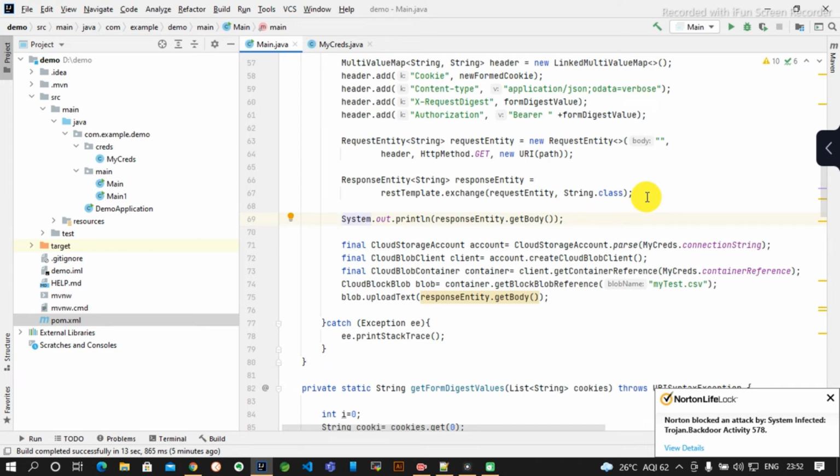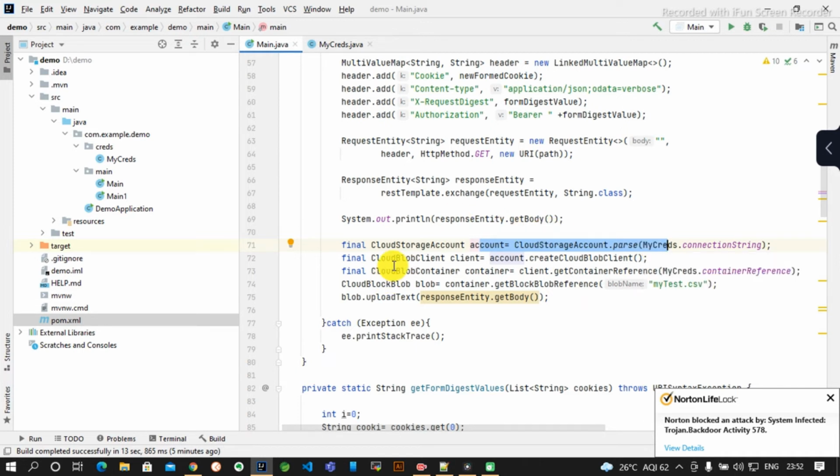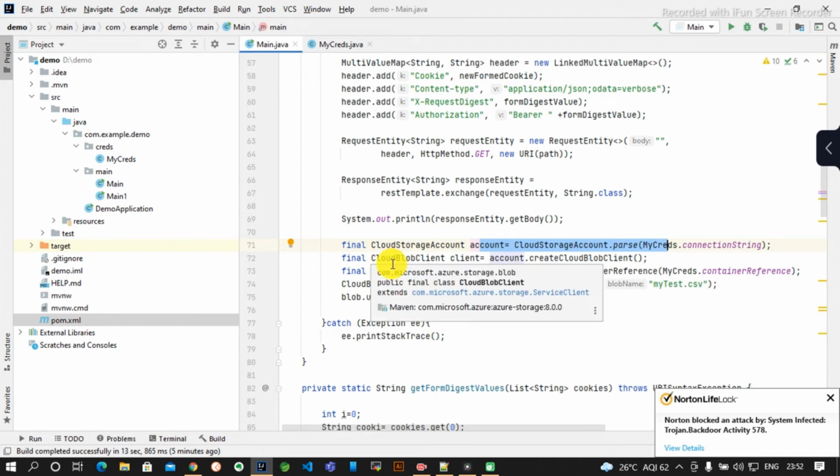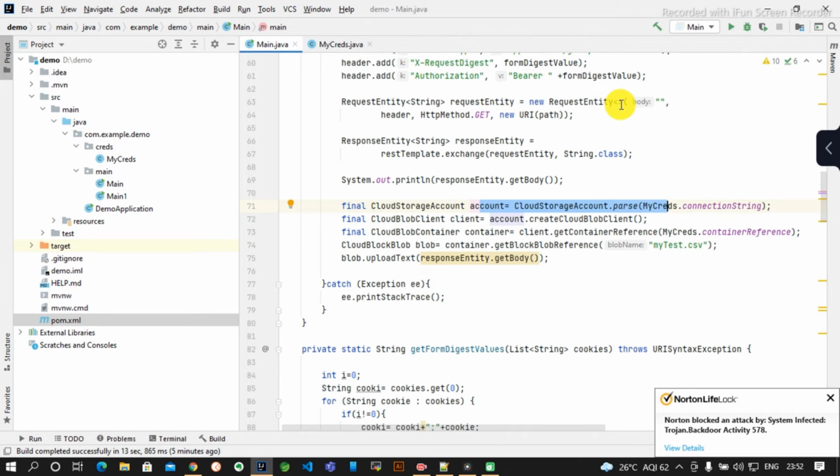If I talk about the first line, here we are establishing the connection with the Azure Blob through the connection string. In the cloud blob client, according to the Microsoft doc, the cloud blob client provides a client-side logical representation through which we can access the blobs. Normally there are two types of classes that Microsoft provides. One is Cloud Blob Client that we are using here. Another one is Blob Client.